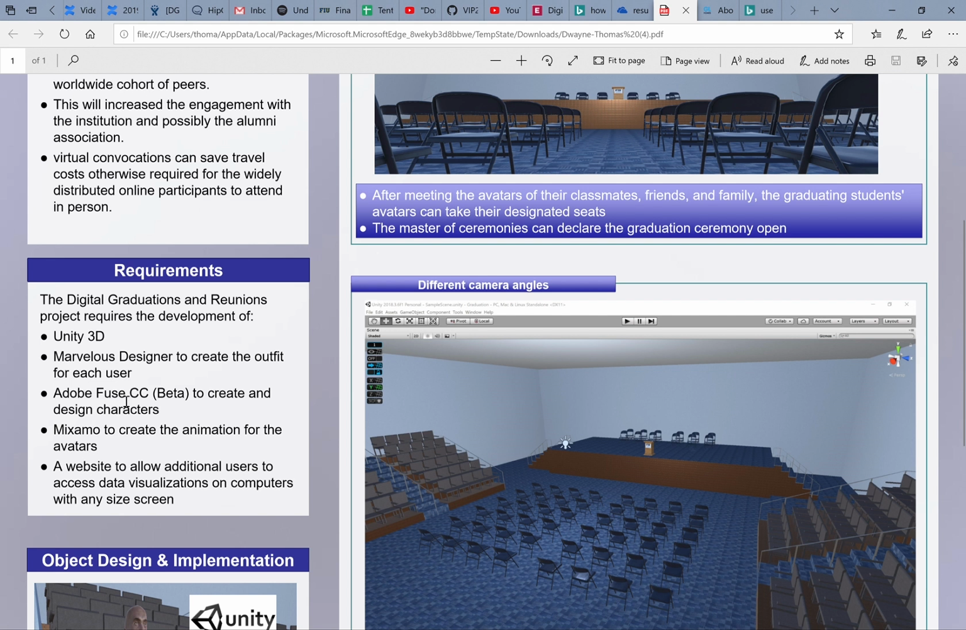Adobe Fuse CC Beta will allow you to create and design characters. Mixamo, you can either install that or use the web application that will allow you to create the animation and upload it